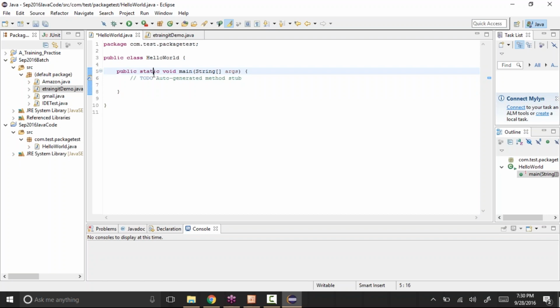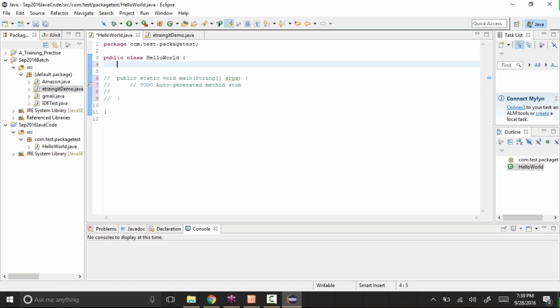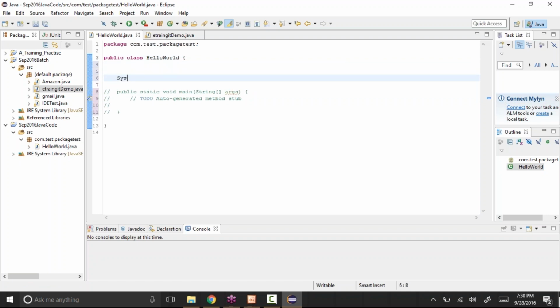And if you see here, you have something called public static void main. So this is the main method. In the class you can have all your definitions, whatever code we want to write. And if you want to execute that class, we need to have the main method. By default, if you don't have this, the code will not be executed. I'll write hello world, and let's say I'll write something called system dot out. Why is it not coming?